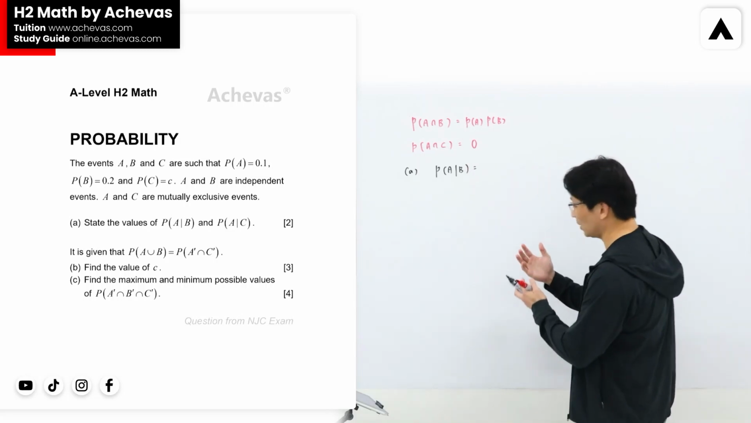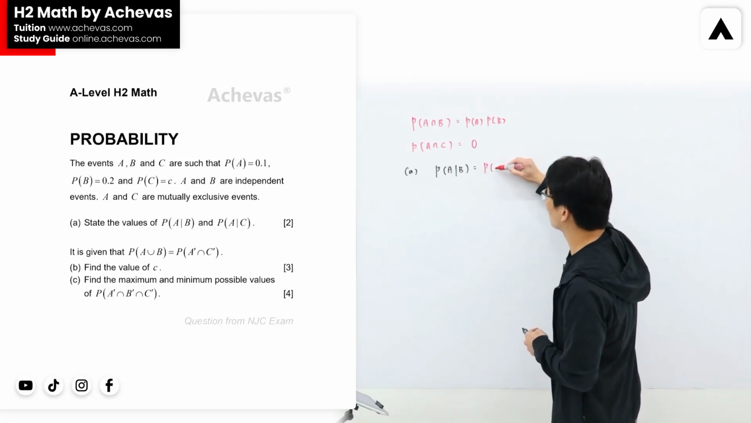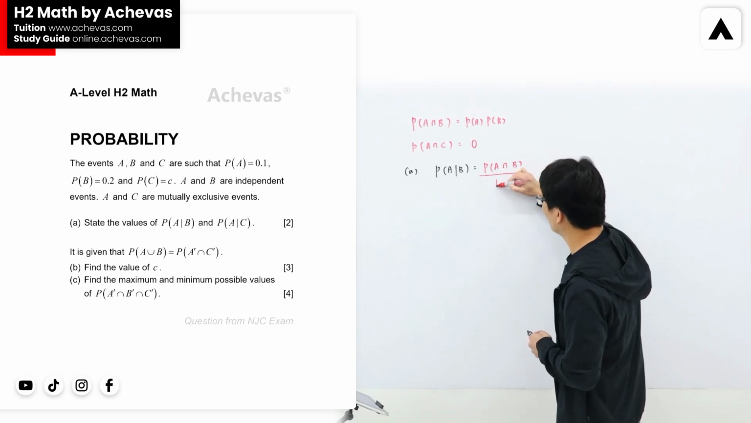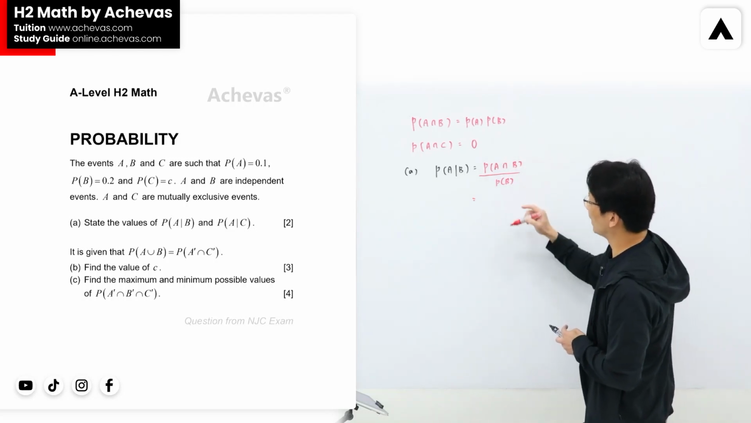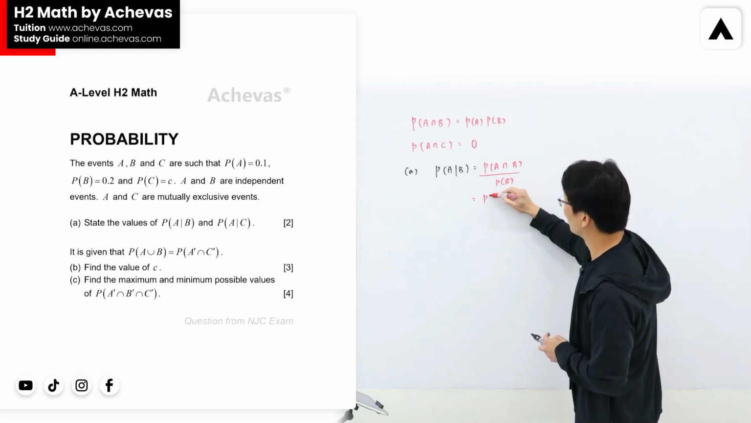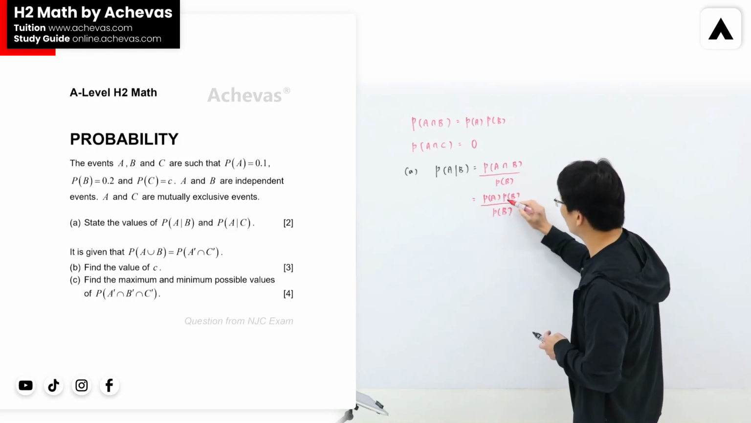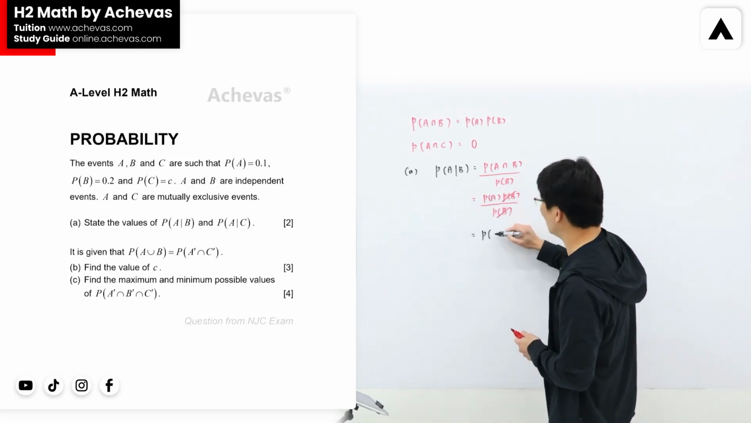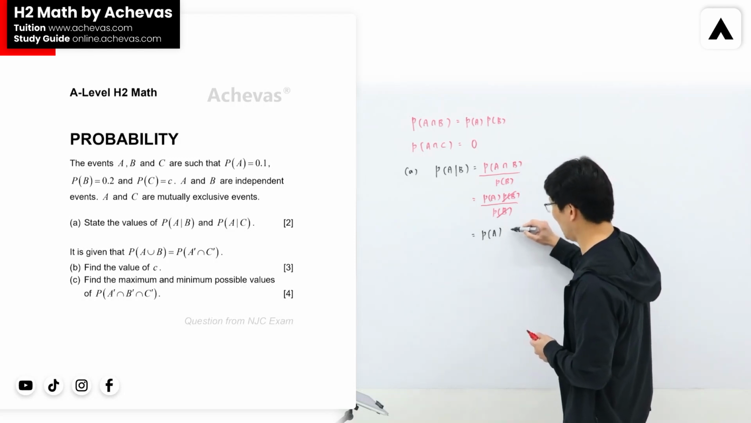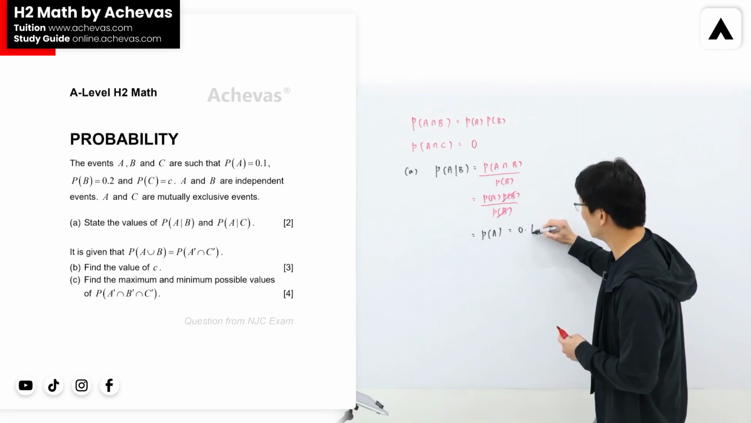But let's say if we want to give a bit of working for this part here, if we were to break it up using the formula for conditional probability, I'll have probability of A intersect B divided by probability of B. And since A and B are independent events, I can replace this with this. I will have probability of A times probability of B over probability of B. And this can be cancelled away. So therefore, probability of A given B is just simply equal to probability of A. And since we are given the values for probability of A, I can just write down my answer to be